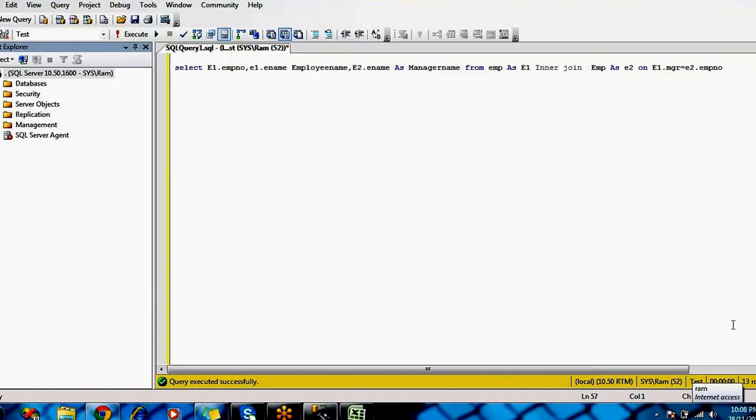Okay, right. So basically in a left join, for example, if you are going to join two tables and you want the full data from the left side, then if there is any matching record found in the right side table, it will take it. If there is no matching record, it will give nulls. But if you want only matched records from both sides, then you can use inner join.